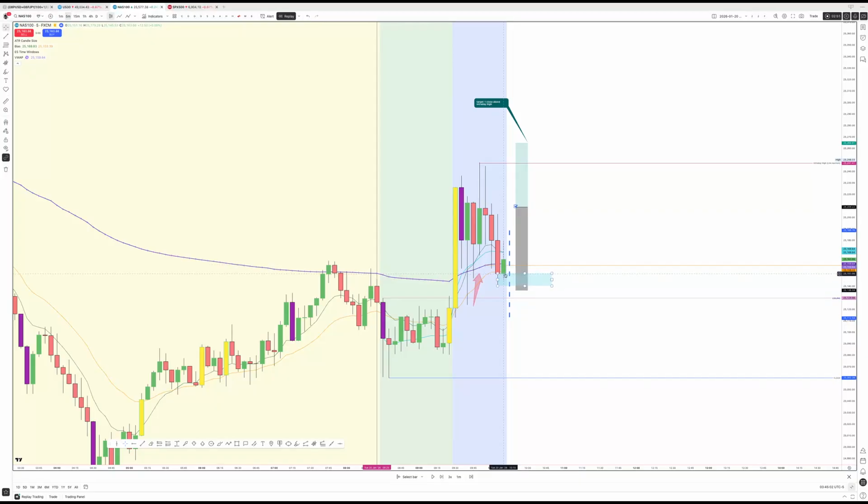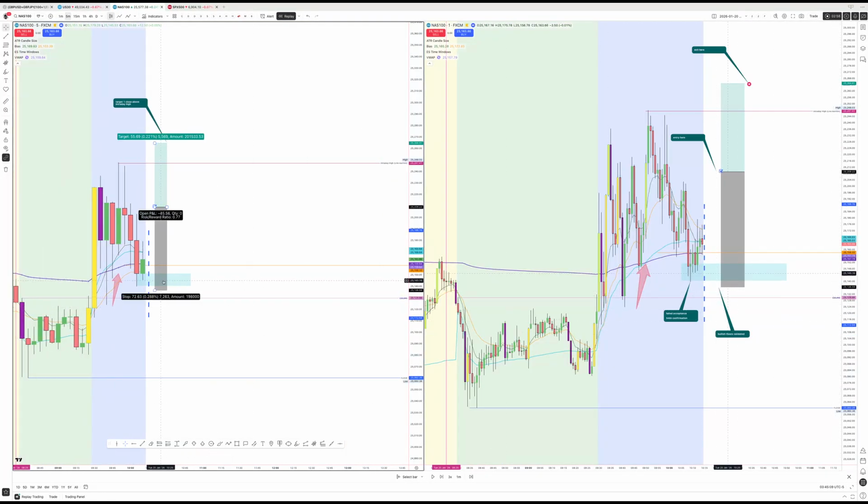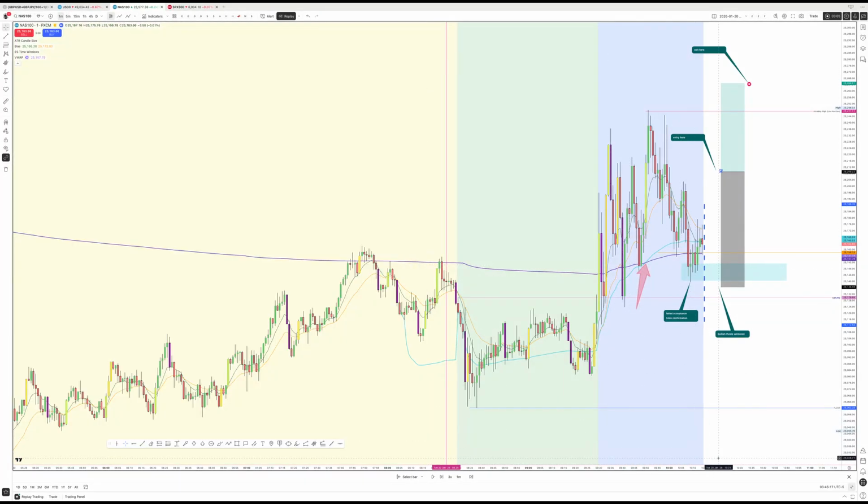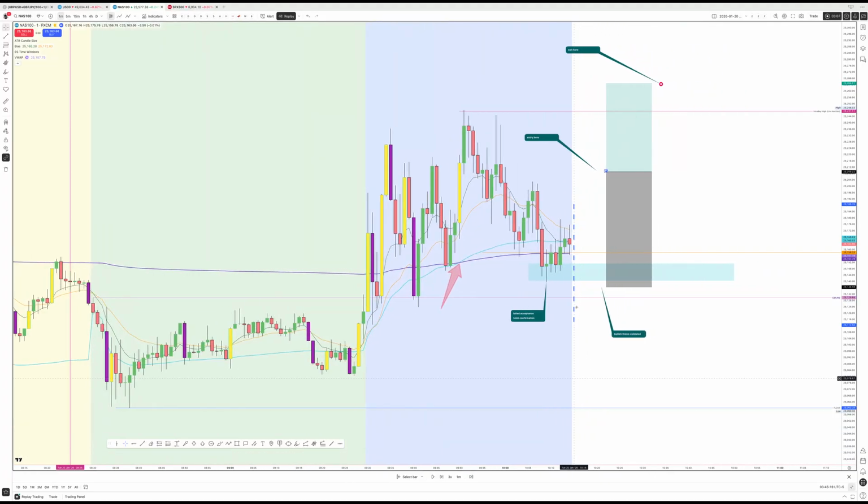So at this point in time, the only thing that we're leaning towards is rotation. And so after that, we mark the zones, the rotation boundary from the lowest 5 minute close to the lowest wicks. And then we just go into the 1 minute. By going into the 1 minute, we could say, okay, we want prices to come back into that zone. And then we want the follow through back into that zone to see if the bears gain acceptance, right? Or if the bulls are going to validate our bullish thesis and hold.